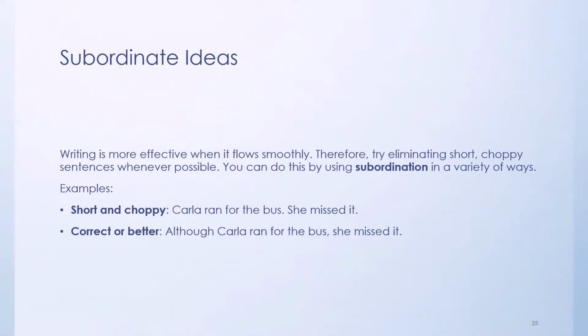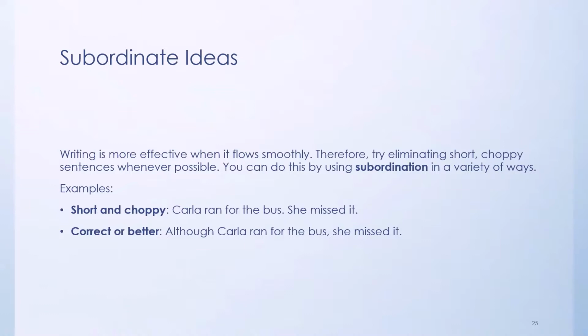In our next topic, I have subordinate ideas. Writing is more effective when it flows smoothly. Therefore, try eliminating short, choppy sentences whenever possible. You can do this by using subordination in a variety of ways. I have an example right here of a sentence that is short and choppy. It says, Carla ran for the bus. She missed it. Now, the correct way to do this, or the way we can say this sentence better,